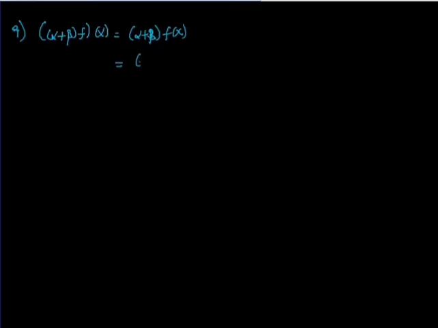ይሄ እንደገና እንዴት ተብሎ ይጻፋል? Alpha times f of x plus beta times f of x ብለን መጻፍ እንችላለን። So ምን ማድረግ እንችላለን ማለት ነው? ምን ብለን generalize ማድረግ እንችላለን? Alpha plus beta times f, obviously alpha times f plus beta times f ነው ማለት ነው።